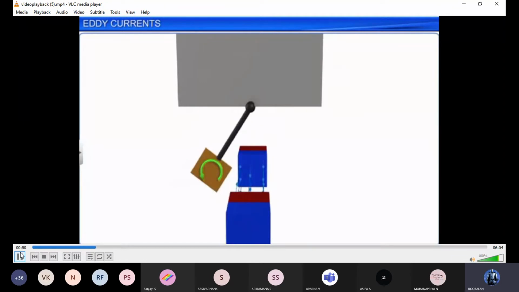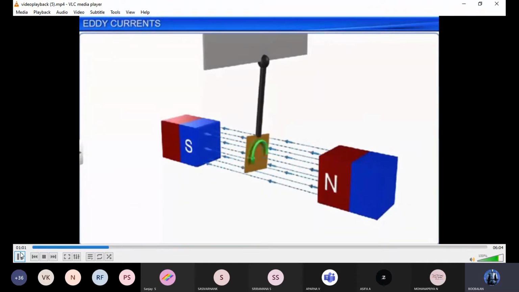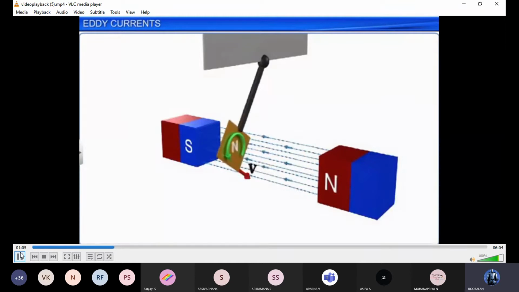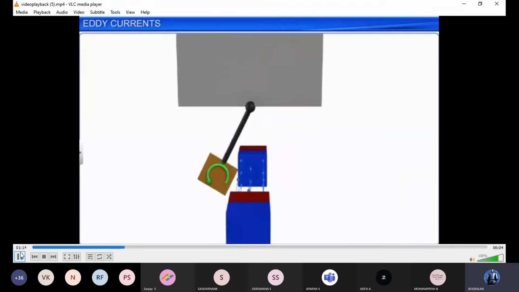plate enters the field. As the plate enters the magnetic field, the external magnetic flux through the plate increases. Hence, by Lenz's law, the induced current must provide effective magnetic poles on the plate that are repelled by the poles of the magnet. Thus, here a north pole is induced over the surface of the plate facing the north